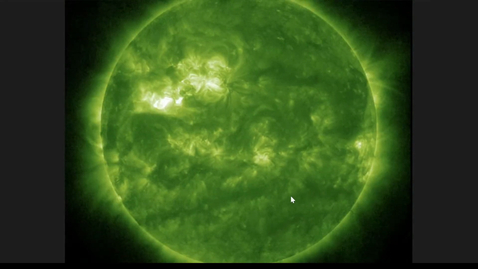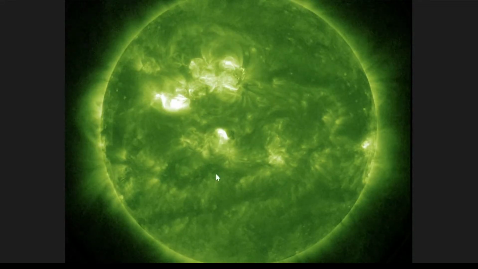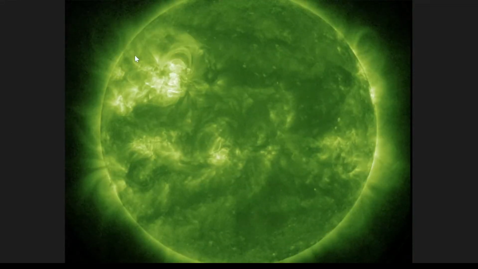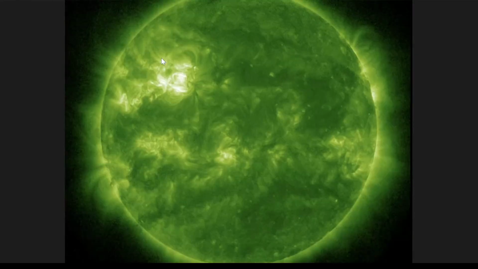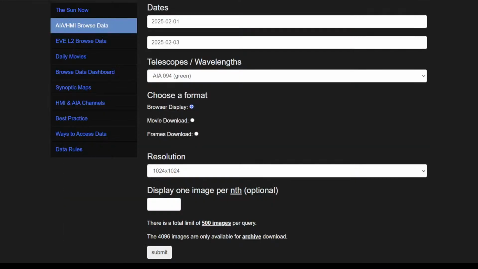Okay, so let's take a look at this. What we're going to look at here is obviously you're going to see these are the hyperactive region, right? Now, as this continues to do what it's doing, we're going to have to just keep an eye on it. Now, if I come down here and I change this to the colorized magnetogram, we'll be able to tell a